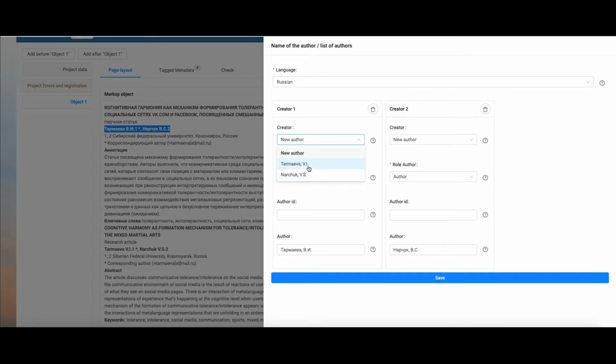So here it's this author, and here is this author. If I don't do this, what I'm going to do is enter information about separate author, and the system is going to recognize this new author as a new author, not the information of the author I have already marked. So I'm saving this information,